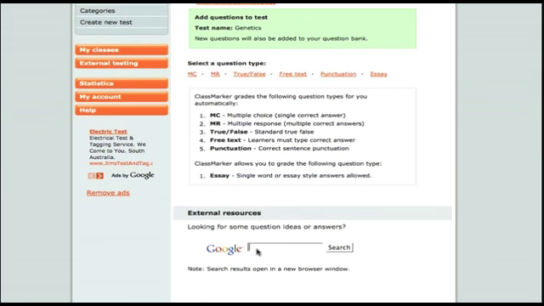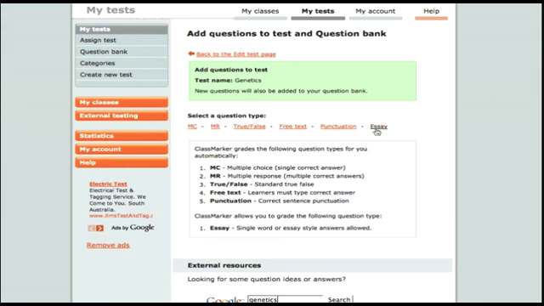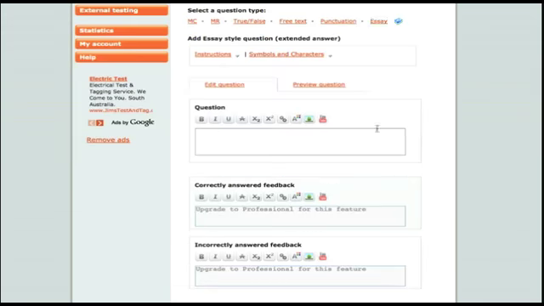You can even actually go to Google and search using keywords and find other questions perhaps that are not in the textbook related to genetics. And if you come across a question in the exam that actually requires information that might be outside that which is in your textbook, then you're probably going to stand out, because most people probably don't know the answer to that question. So back up here, we're going to do an essay question. So we click on essay,